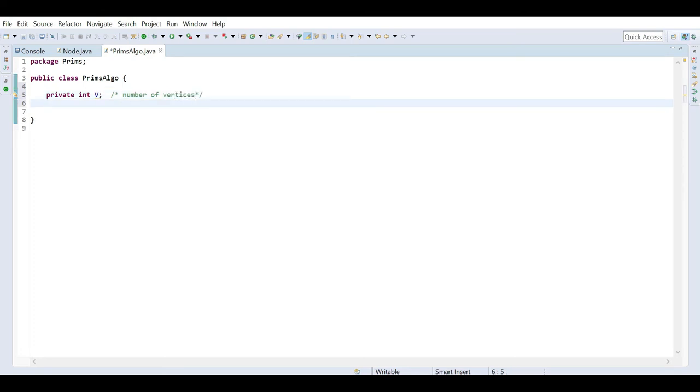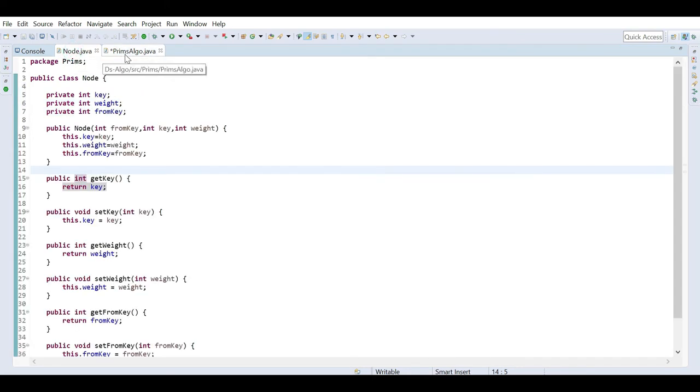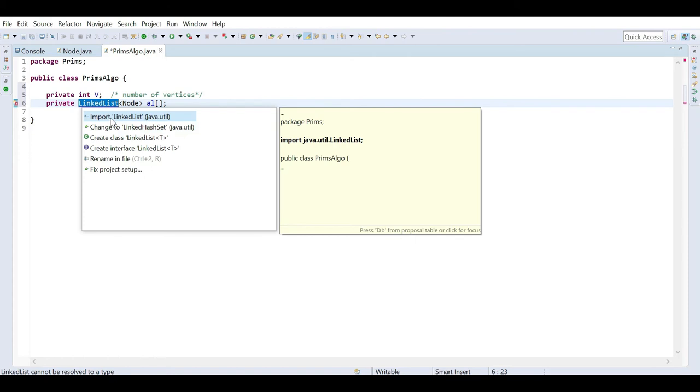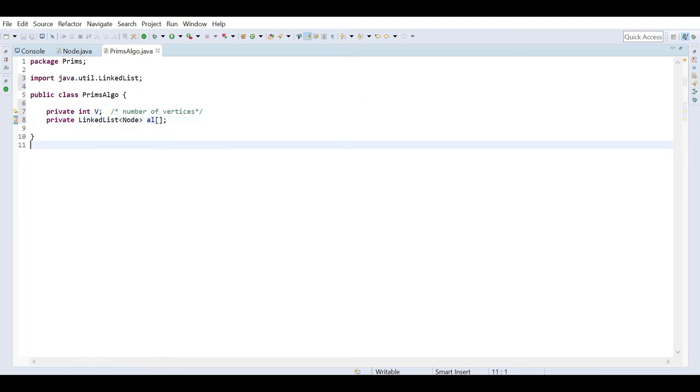Then we have to define the linked list for the adjacency part. Previously it was an integer, but now all these linked list nodes will be of type node, which I have defined here. That means we have to import this linked list.